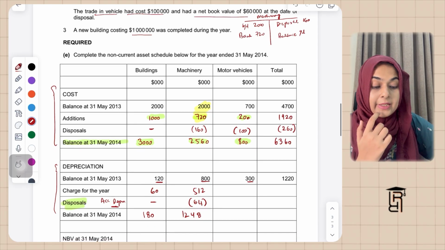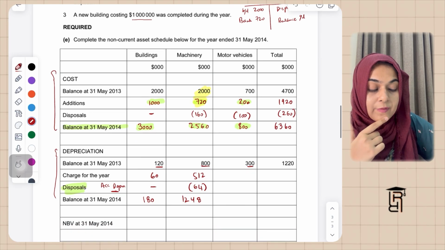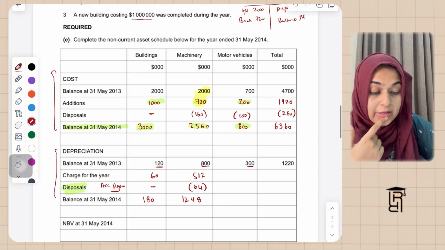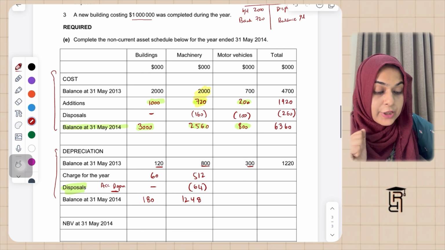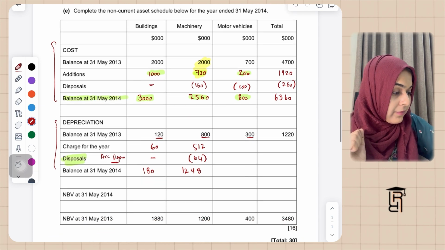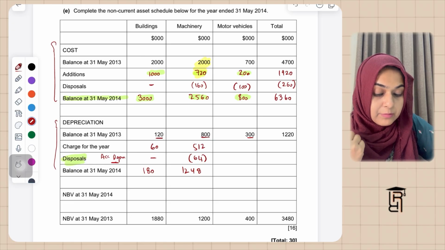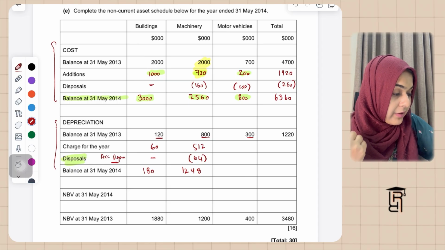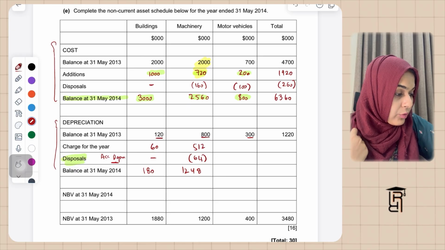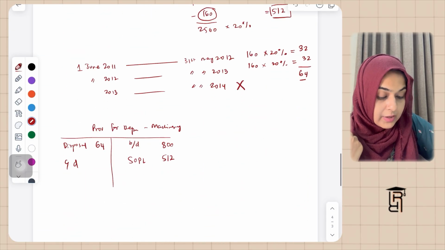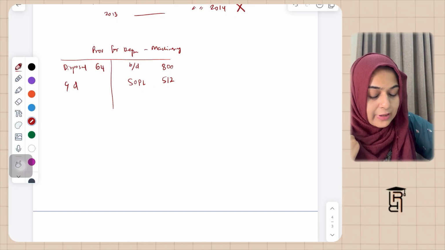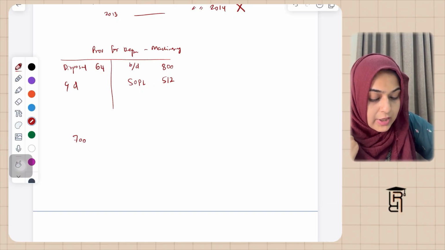So for motor vehicles you have to think a bit कि cost of motor vehicles at the start of the year was 700। ड्यूरिंग द ईयर हमने नए जो है वो 200 के ख़रीदे हैं, एंड जो हमने बेचा है वो 100 का बेचा है, एंड देन you have 800 as the cost of motor vehicles at the end of the year। लेकिन इसके लिए हमें जो है वो थोड़ा सा कैलकुलेशंस करनी पड़ेगी।